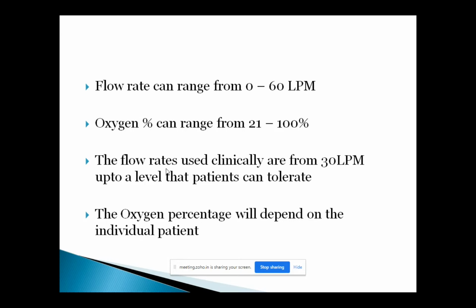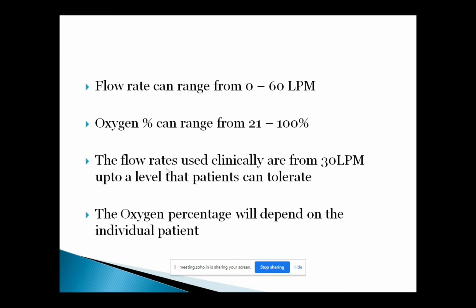So the oxygen percentage will depend on the individual patient. As I said, I'm not recommending any particular oxygen percentage. It depends on their clinical need. The biggest advantage with this particular device is that you can give controlled oxygen. You can also give uncontrolled oxygen. You can give oxygen concentration from 21%. That means if you don't input any additional oxygen, the patient will be getting 21% oxygen, which is room air. You can go up to a maximum of 100% oxygen, because if you turn the 15 liters flow into the device, the patient